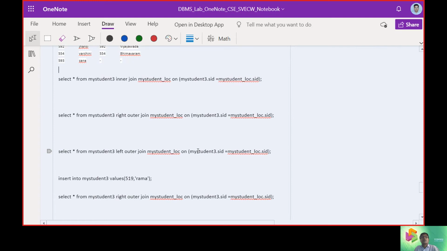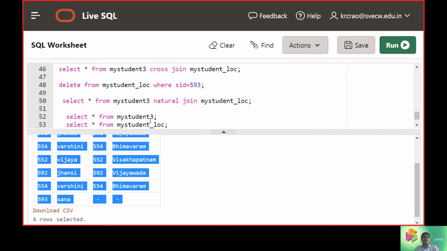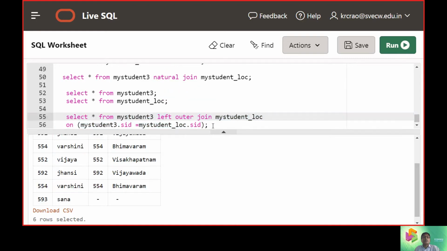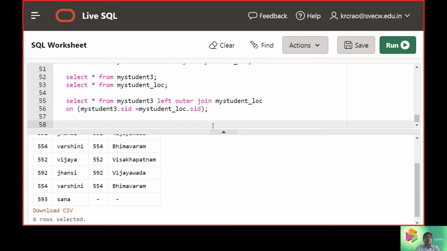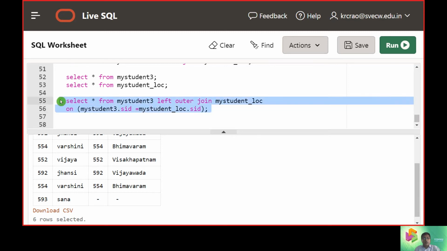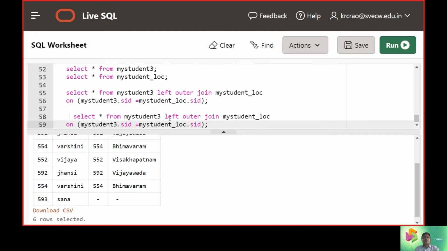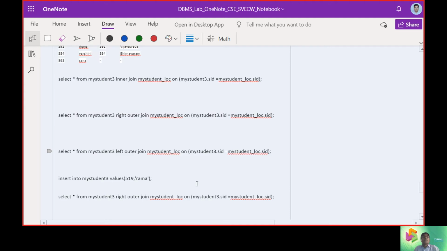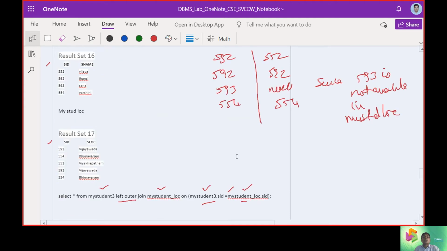Next, what if I make this a right outer join? If that is the scenario, now check this in this model.